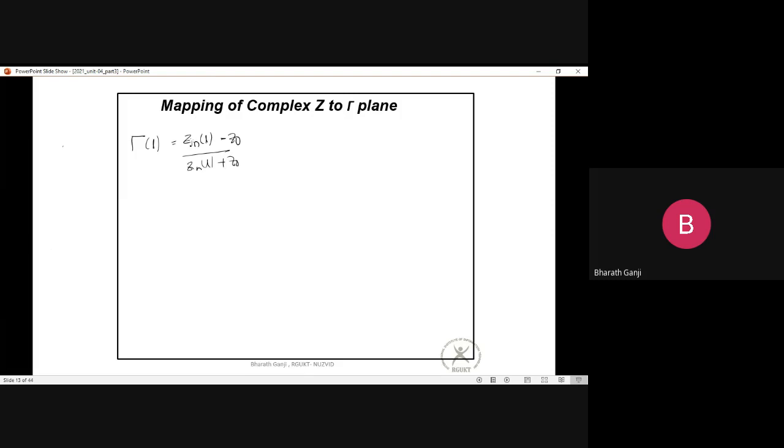So you can see here that if I know this value, I can easily calculate this value. But the problem is, if you have designed, say for example, I am preparing a chart which gives me the relationship between the